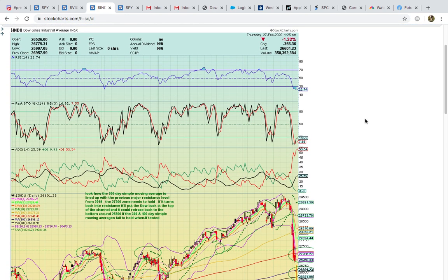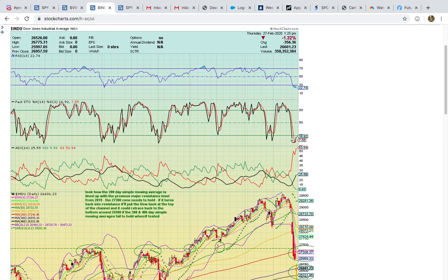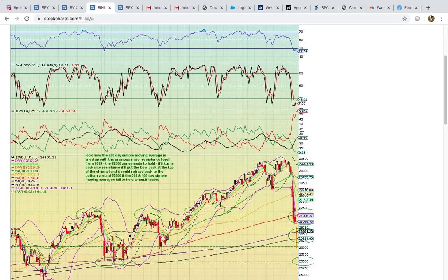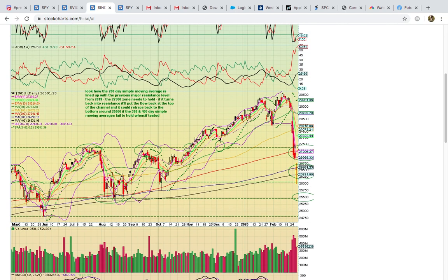If you look at the Dow Jones industrial average on the daily chart, you can see RSI is at 22, so that's well below that 30 level. You have Fasto that's starting to hook up. If Fasto breaks above 20 on the daily chart for the Dow Jones industrial average, that should signal the bounce play is starting. These are charts that I made earlier during the beginning of the pullback,